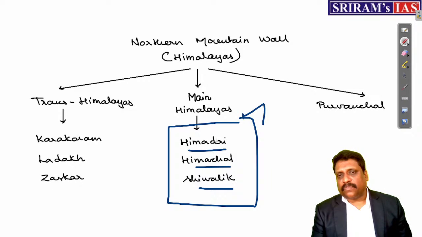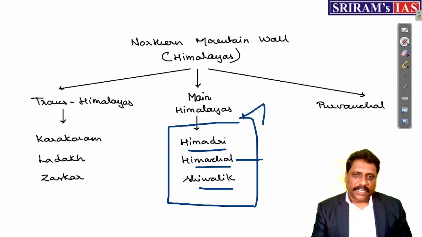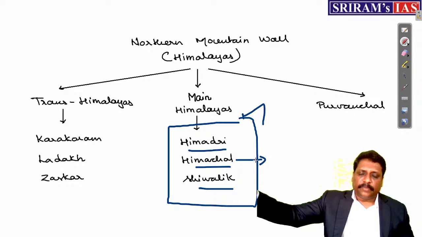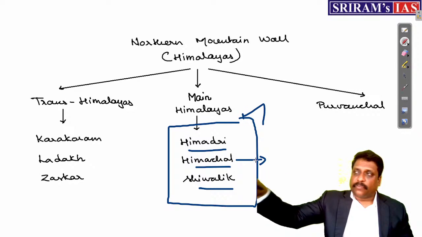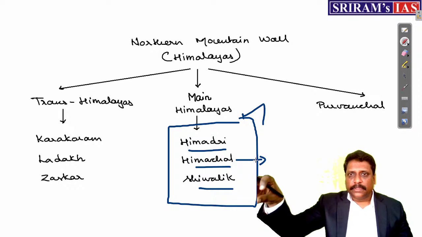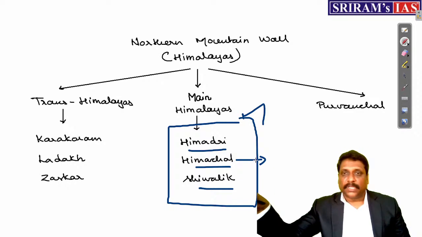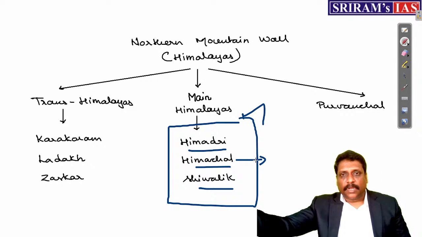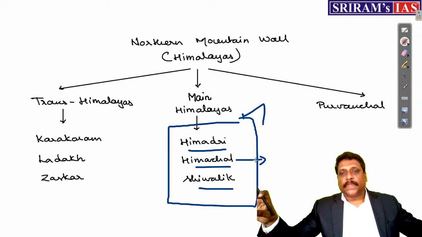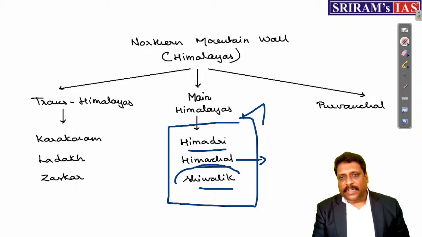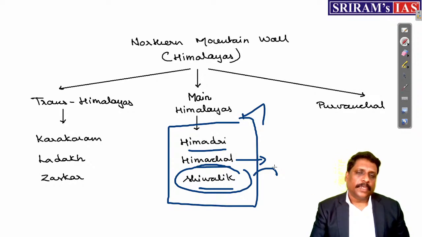But in your atlas, you will not find it as Himadri. You will be finding it as the Great Himalayas. You will not find it as Himachal. The individual names of Himachal ranges will be given, for example, Pir Panjal, Dauladhar, Mussoorie, Kumaon, Mahabharata range, Darjeeling Hills, Mizo Hills. Individual names will be given. When I talk about Shivalik range, of course, it is given as Shivalik itself. Very mighty mountain, continuous mountain.